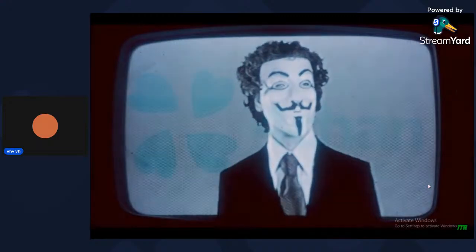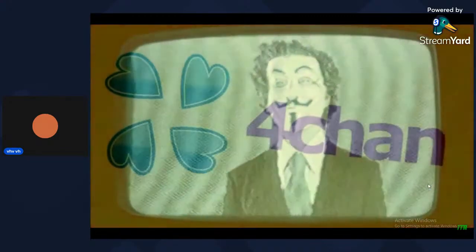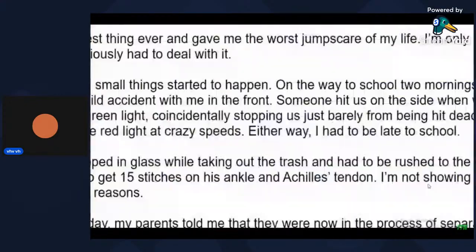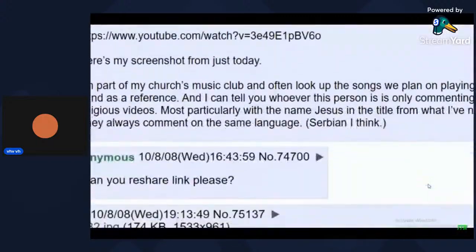This post was made by an anonymous 4chan user in October of 2008. No other update was ever made by this particular person after this post. It was just one single post with a whole bunch of replies underneath it, which really made the whole thing